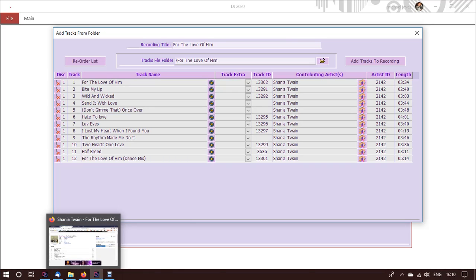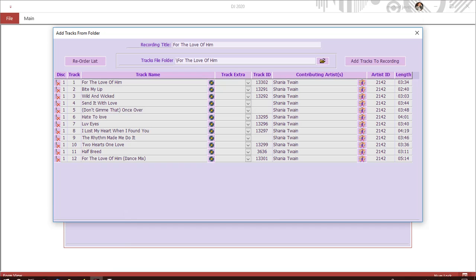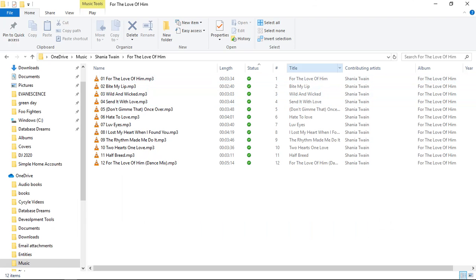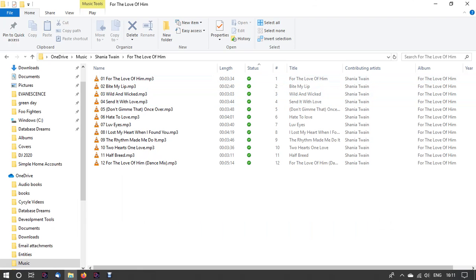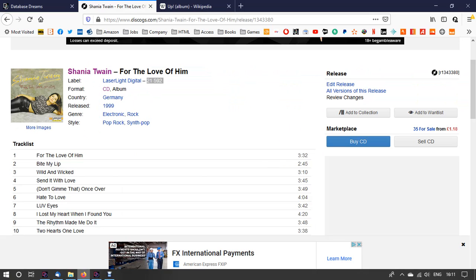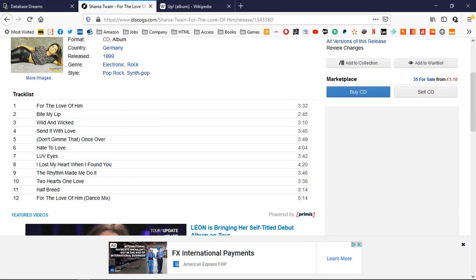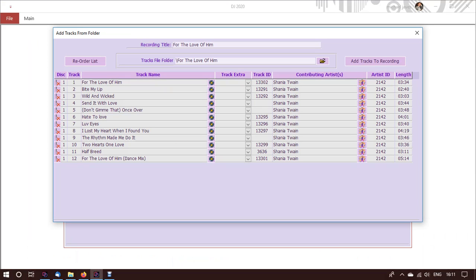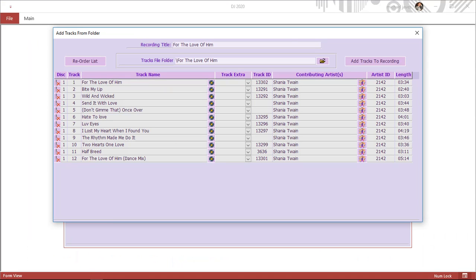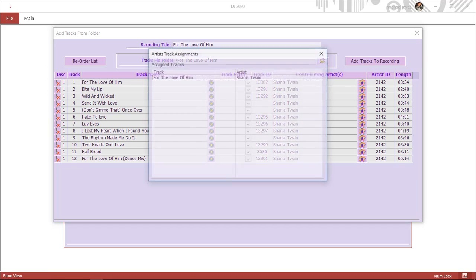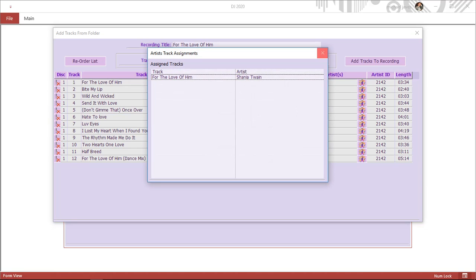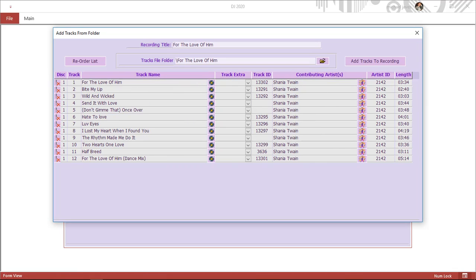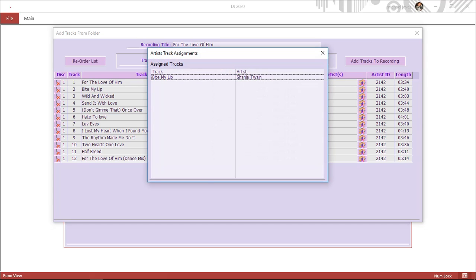Now, the information comes from, as I said, the track title, number, and contributing artist. But if we go on the web and check there, 12 tracks, and we've got 12 tracks, and that's a dance mix, and so it's already found it because I've already added quite a few Shania Twains. Now if I click on that, it tells me that's attached to Shania Twain already, but you can have some of these where it's attached to